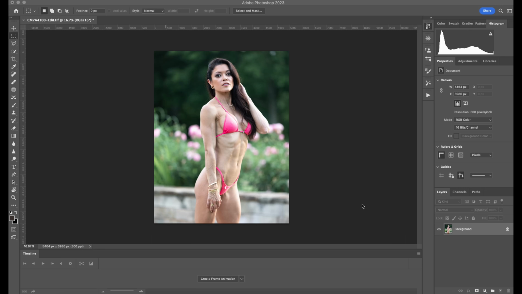Hello, my name is Scott Flathouse, and today we're going to be testing out Adobe's new AI Generative Fill feature that they just released this week. There's been a lot of excitement about it, and I want to see if we can illustrate some practical uses